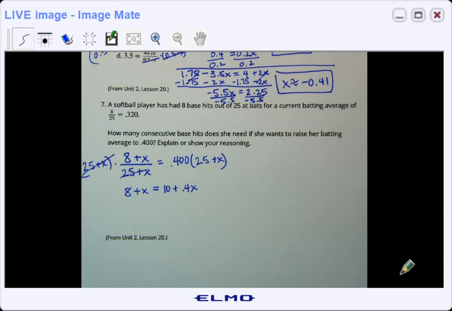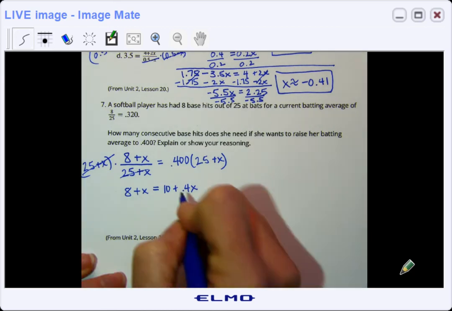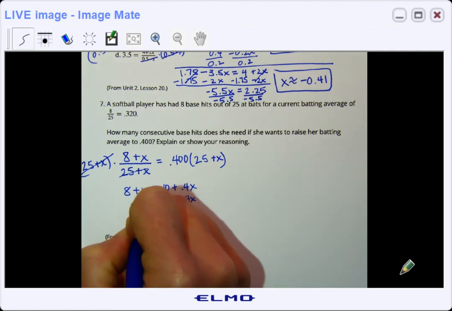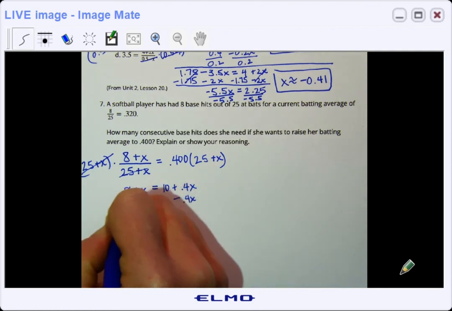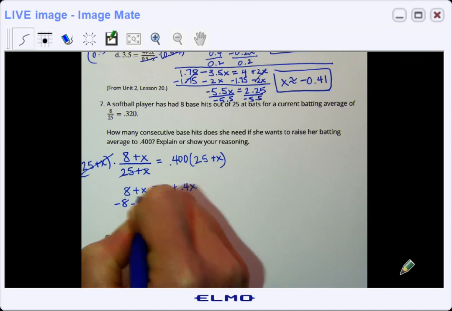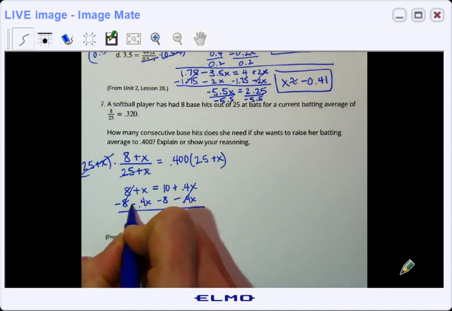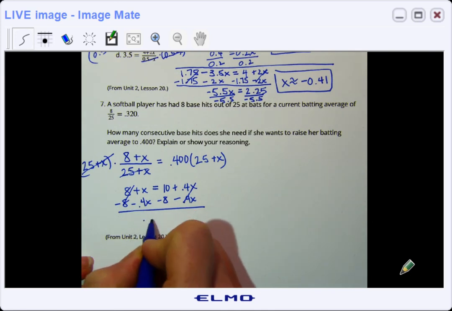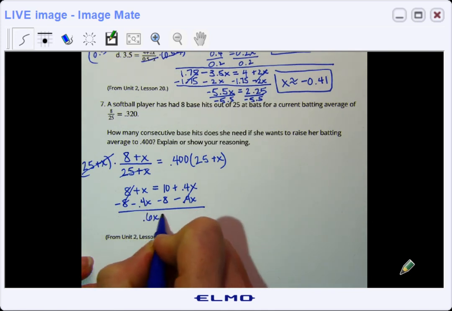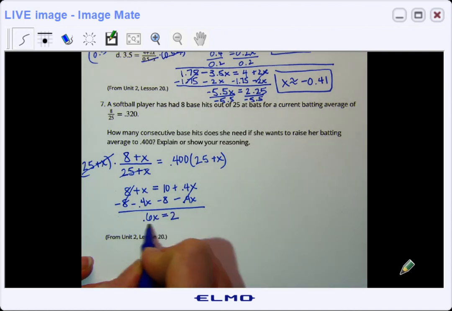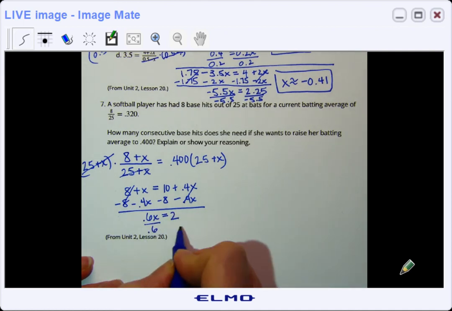All right, so move the x's to the left side by subtracting 0.4x, and the constants to the other side by subtracting the 8. x minus 0.4x is 0.6x, and 10 minus 8 is 2. And so when we divide this,